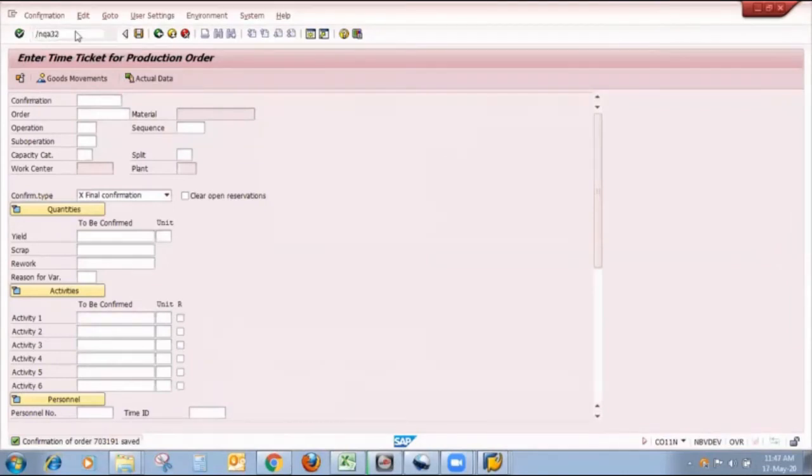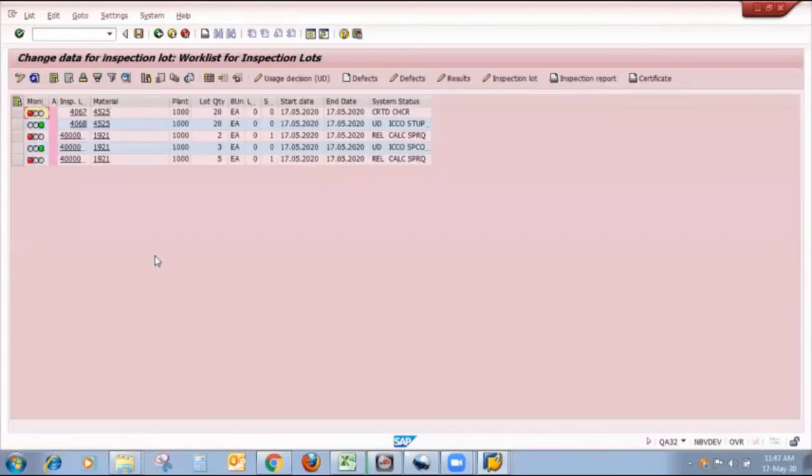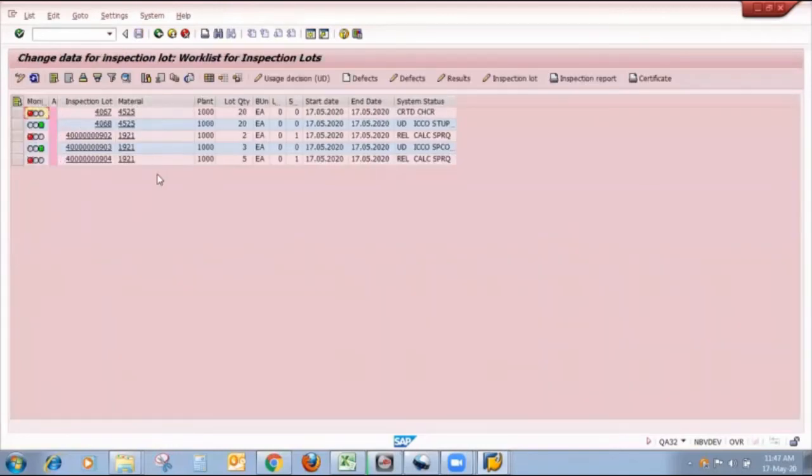The T code for inspection lot processing is QA32. Here I put today's date, the plant, and execute. Yes, so my inspection lot is here with status release, sample, costing required.